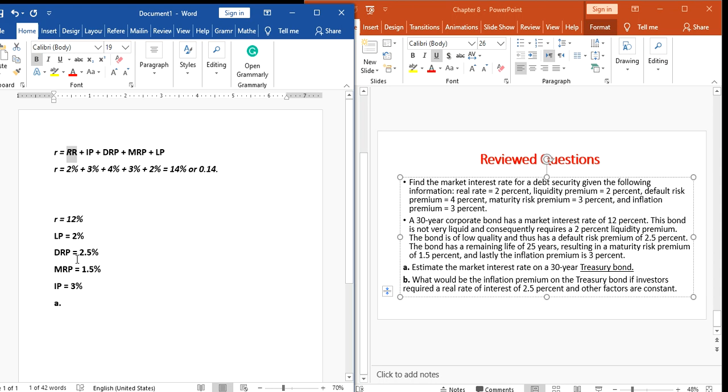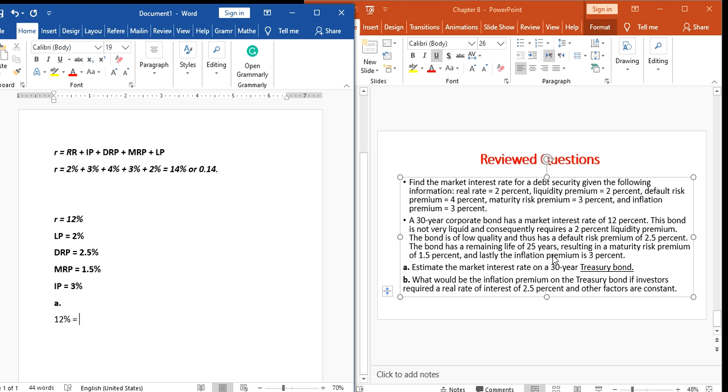If we look at this, all the items are given here except this one, so easily you can go for that one. So how do we solve it? 12% equals